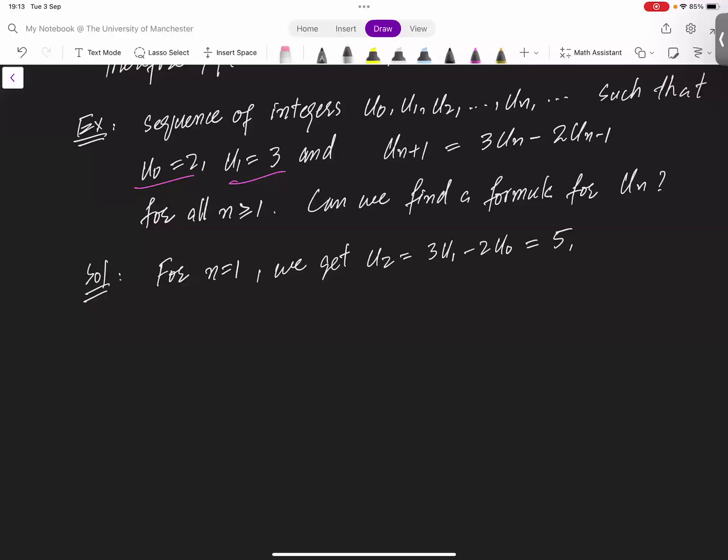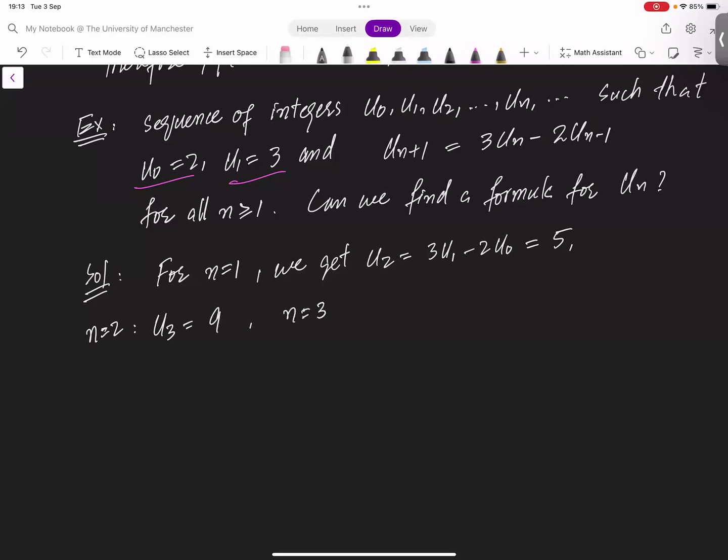Okay, right. And likewise, u3, which is going to be for n equal to 2. So n is 2, u3 is 9,